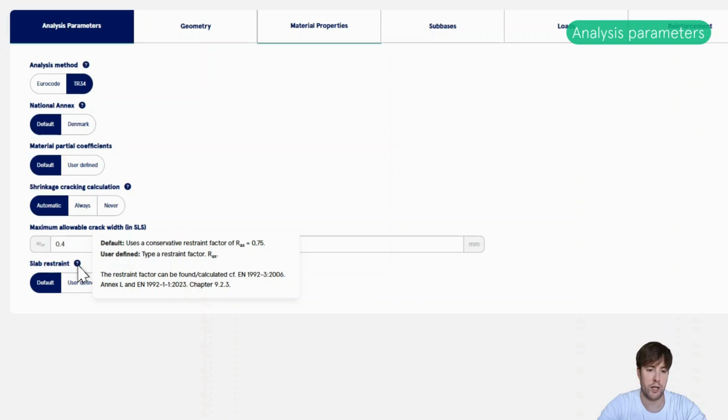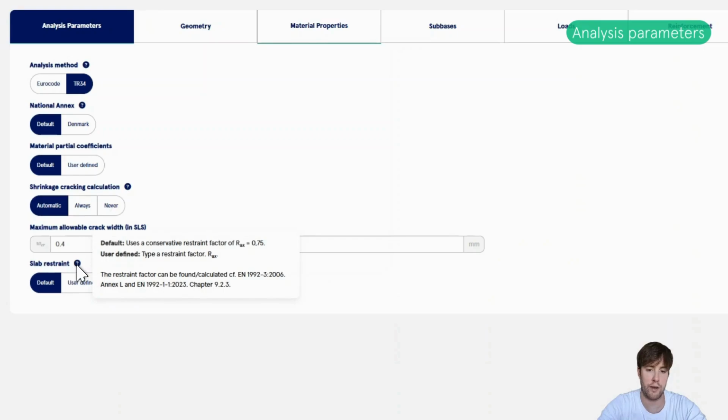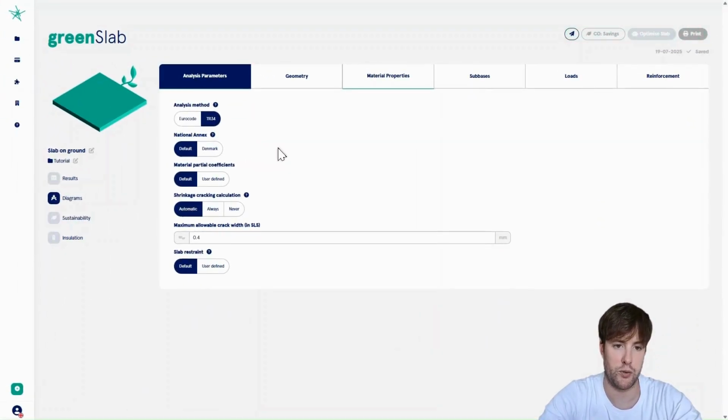So for example, with this slab restraint factor, when you choose default, it uses a factor of 0.75, which is a fairly conservative value, but it also shows where in the Eurocode you can find more information about this factor if you want to calculate it more specifically or using a different method. But yeah, so let's choose default for that factor as well.